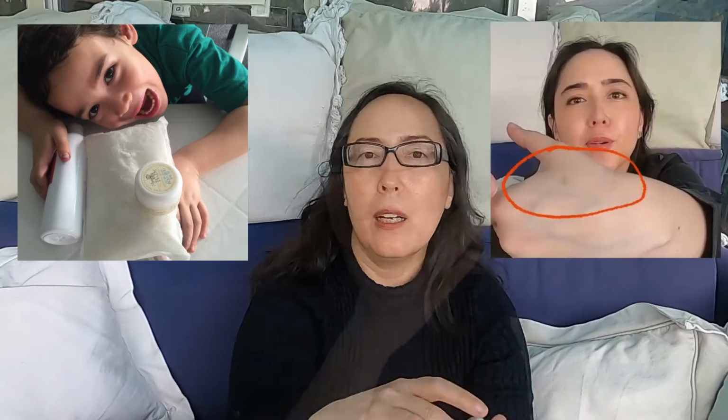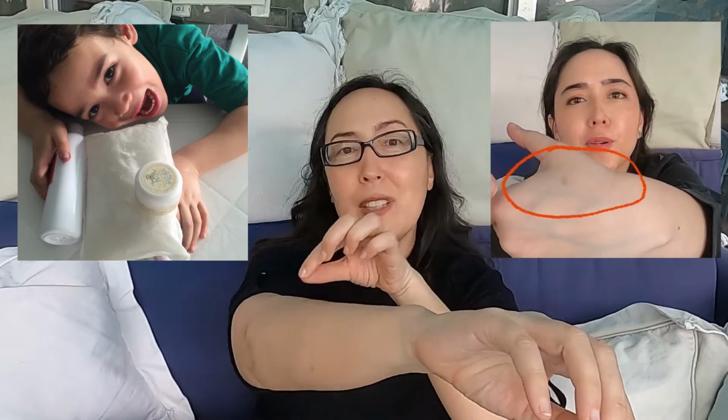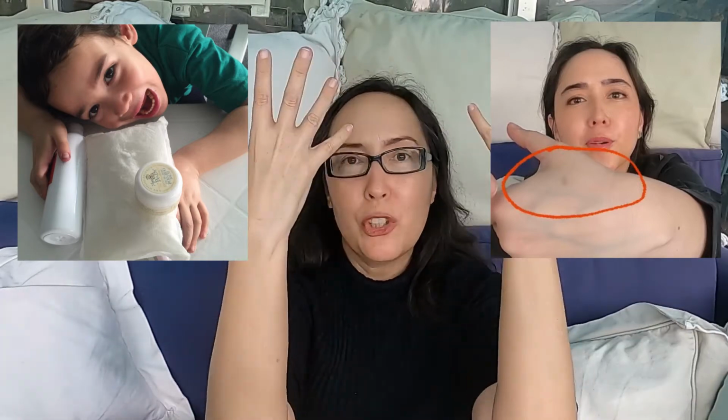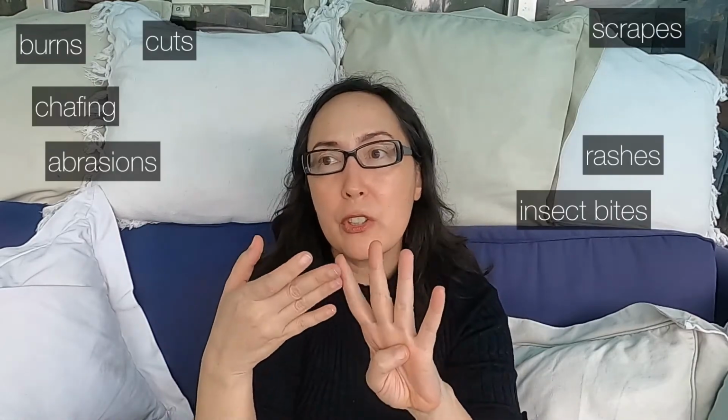Anytime, mama, owie, I have a scratch. My sister was cooking a three-cheese mac and cheese for the kids the other day, and she got all these burns from cheese kind of exploding. And so Boo-Boo Balm to the rescue. The Red Better Calm the Heck Down Balm on top of that is also very helpful for the redness, let's say, and itching. But burns, cuts, scrapes, abrasions, chafing,